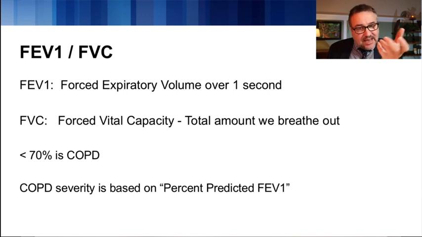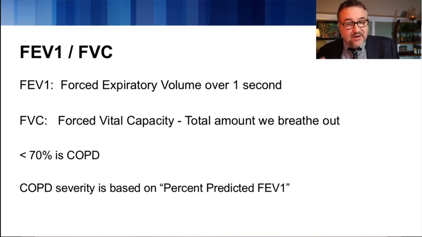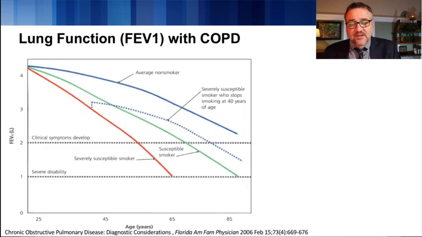And if you're 80% of the predicted model, that's considered mild COPD. If you're down to 50%, that's moderate. If you're around 30%, that's severe. So we start getting this gradation, and that's the GOLD criteria that we often hear. So again, FEV1 over FVC, it's a very simple concept. How much of your air can you blow out in a second? That's it. That's the core. If you can't blow much, that's COPD. It's a very, very simple idea.